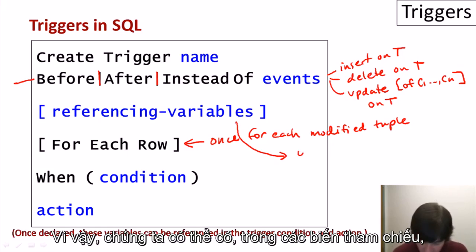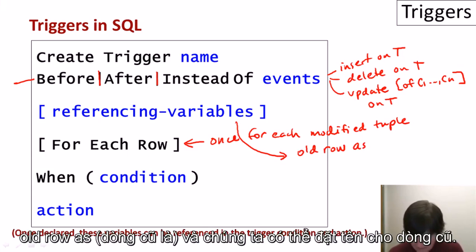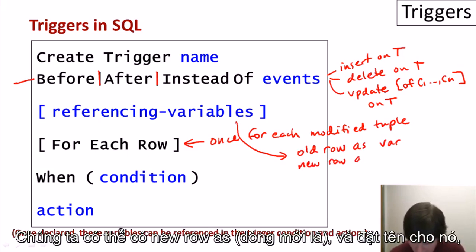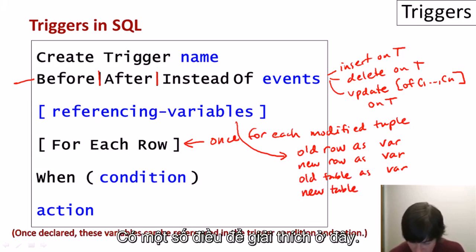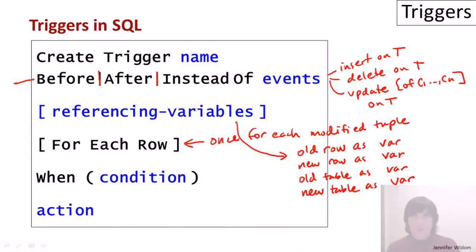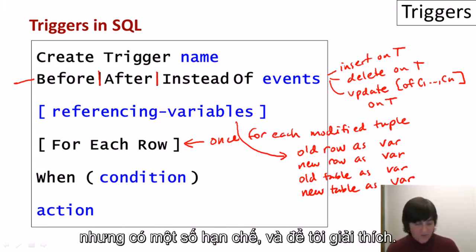So we can have in the referencing variables, these are keywords, old row as, and then we can give a name to the old row. We can have new row as, and again a name. And we can also have old table as a name and new table. And there's a whole bunch of things to explain here. So it's possible to have up to all four of these in a single trigger, but there are certain restrictions,